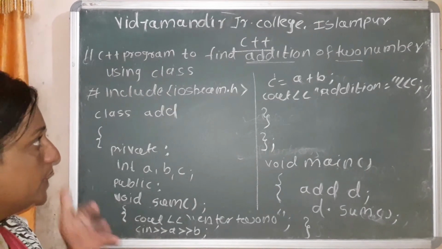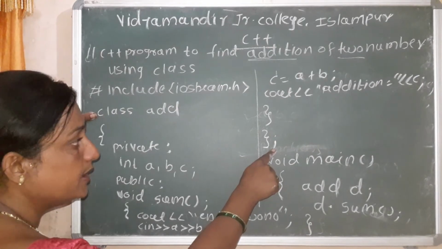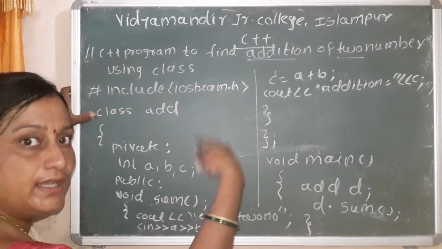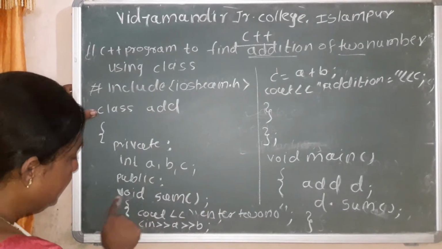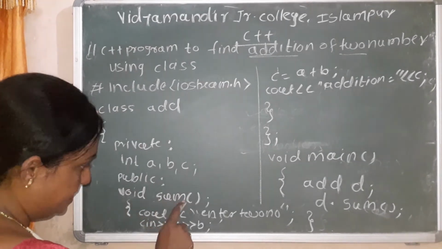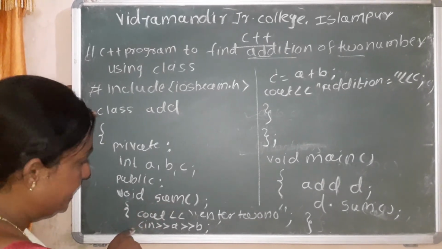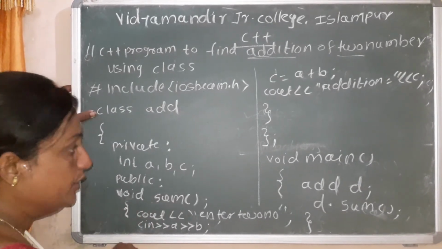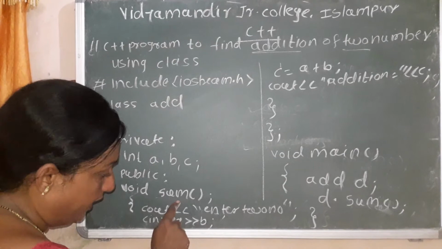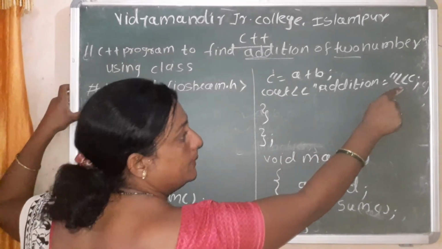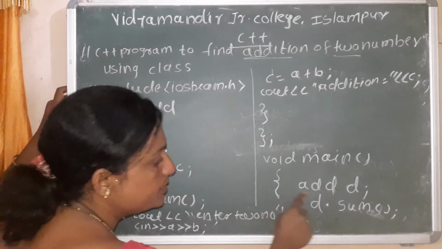There are four main parts of the class. First is the class declaration. After the curly bracket, when we give the semicolon, it tells that the declaration of the class is finished. And in the class, the second part is the sum function declaration. This statement is a function declaration. And after that, the function implementation, because here I used inside class definition. Before ending the class declaration, I declared the function as well as defined the function. Third part of the class program is the object declaration.